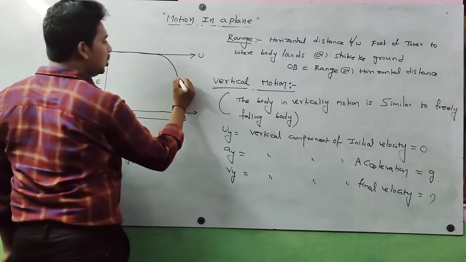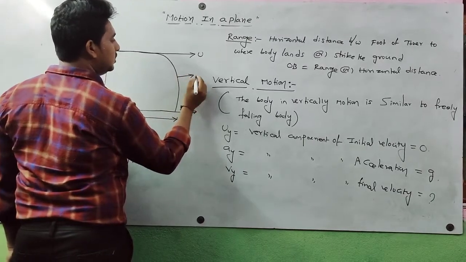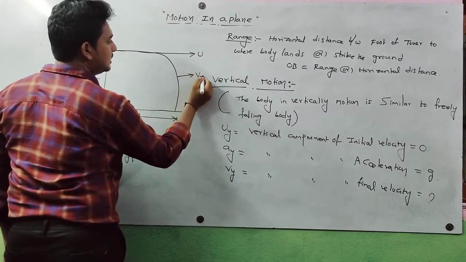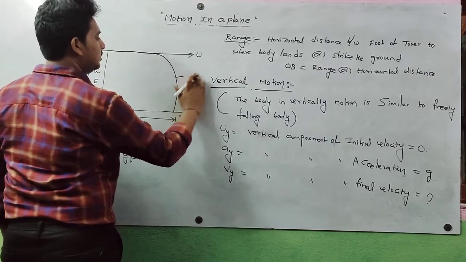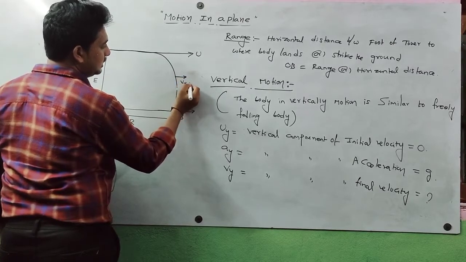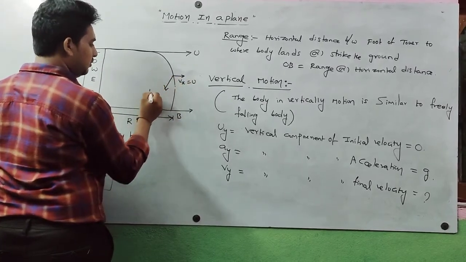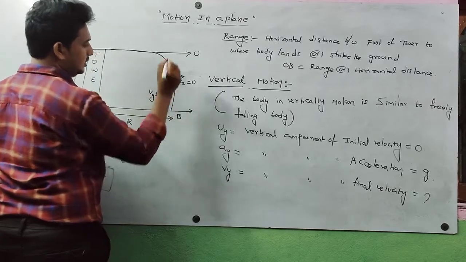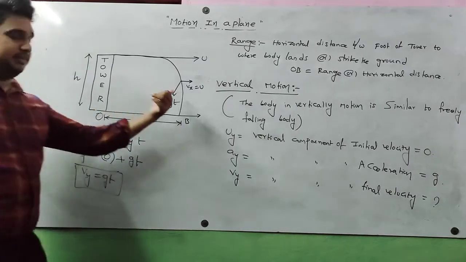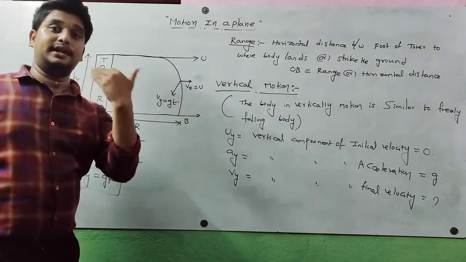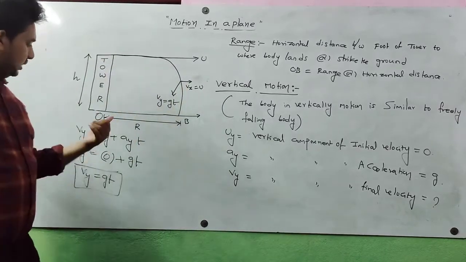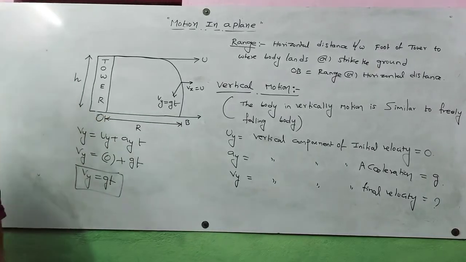So here vx is the horizontal component of final velocity, and vx is equal to u we got. I consider after some time t, vx is equal to u, and vy is equal to gt. Vx means horizontal component of final velocity, that means after some time t. So here vx is equal to u and vy is equal to gt we got.